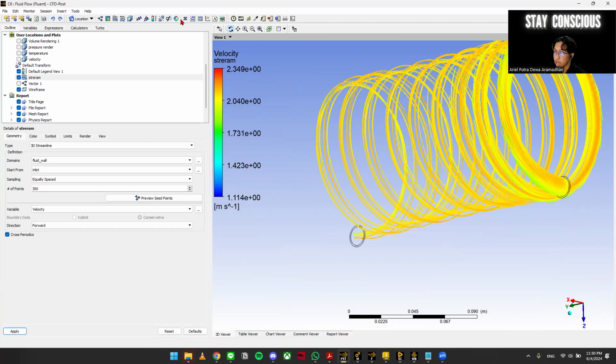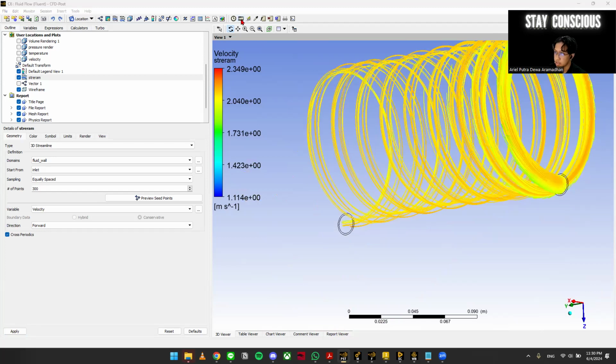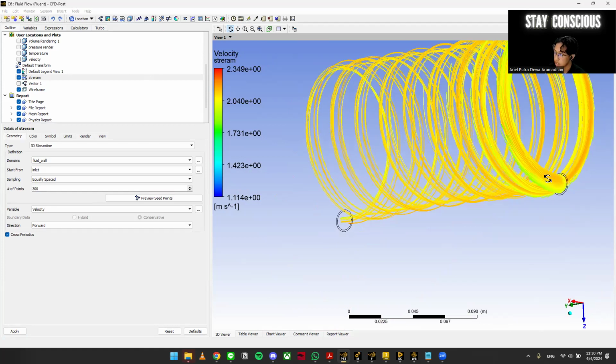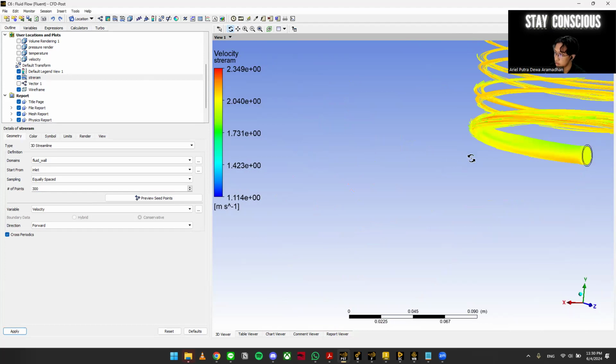So we can animate this using the animation timeline bar here. Okay, I hope you can see the animation toolbar, but all you have to do is click the name of the stream and then just wait a second.